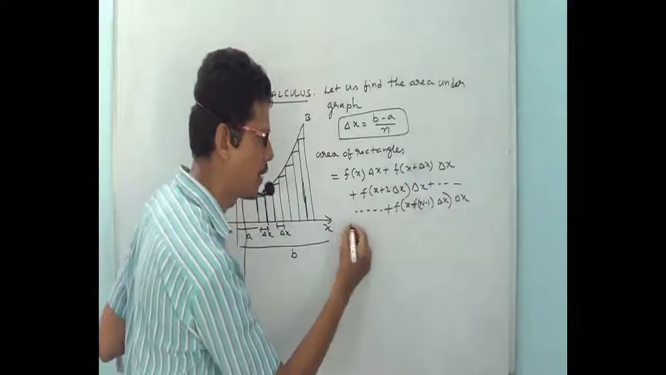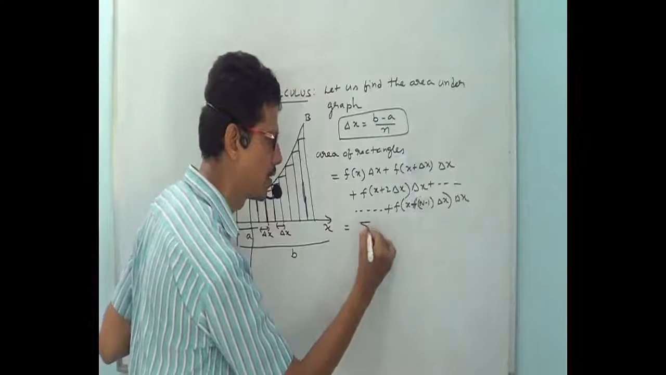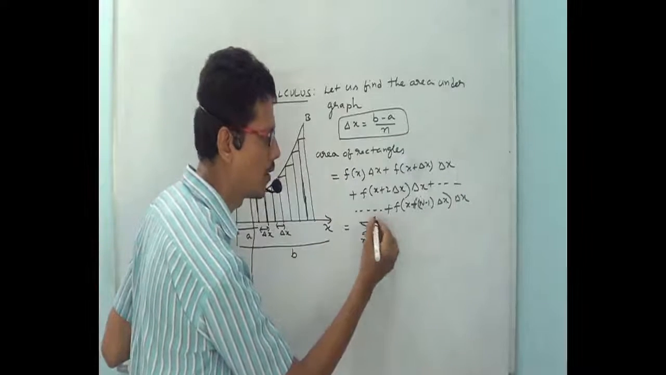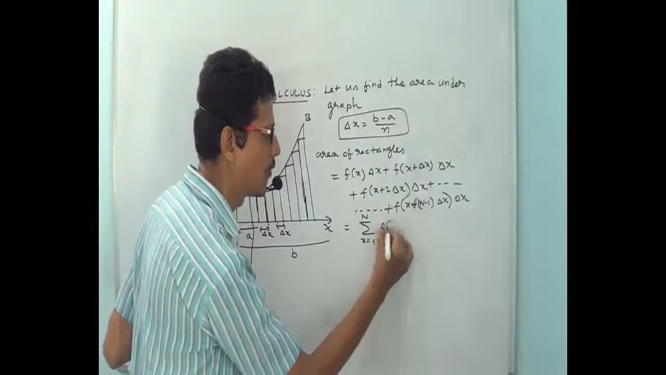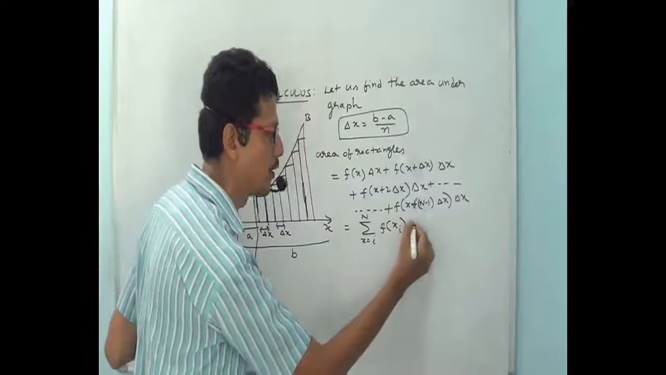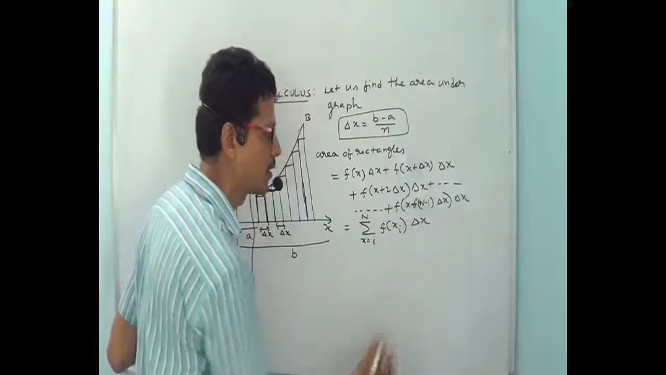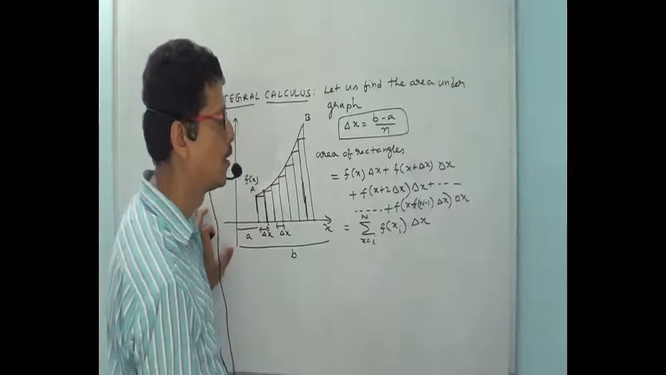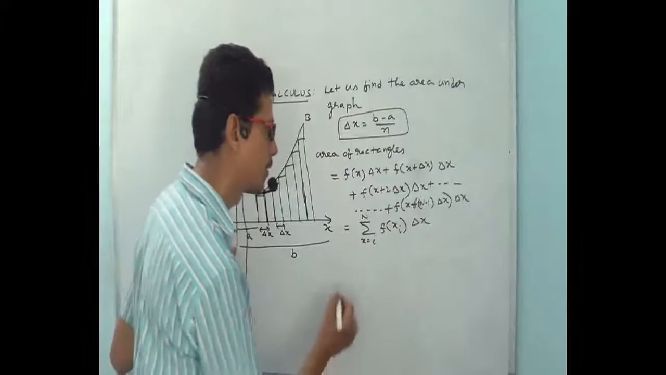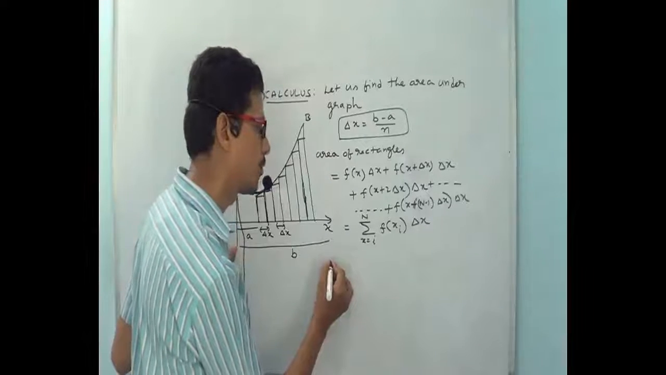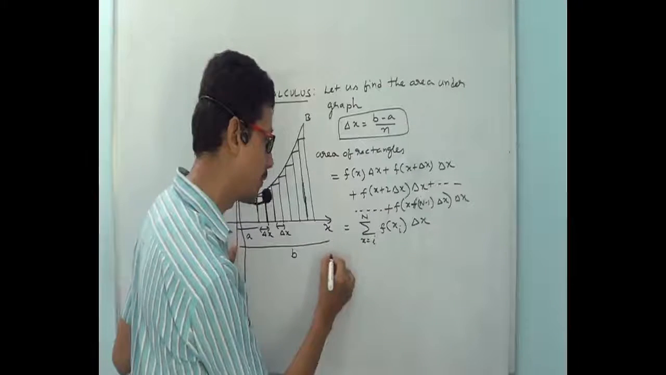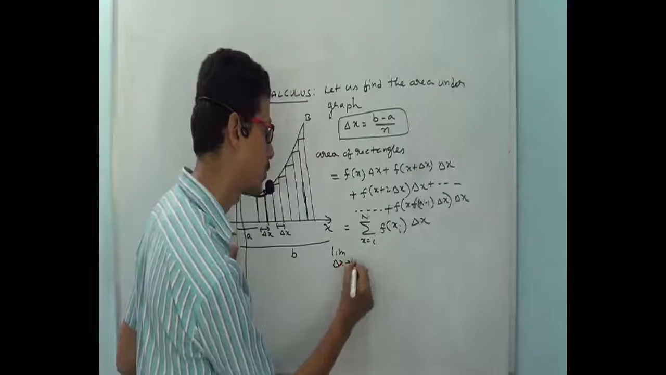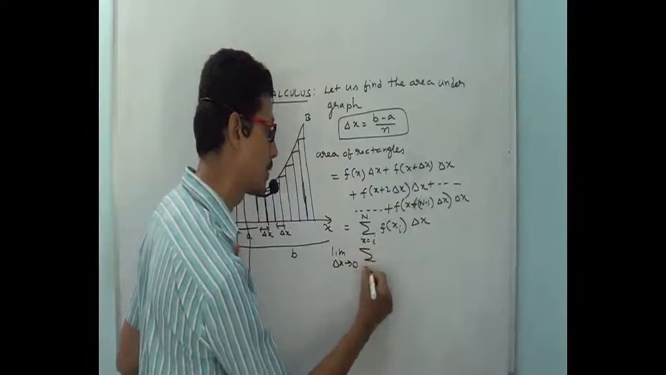And this is nothing but, I will write it in the form of summation: sigma i equal to 1 to n f of xi into delta x. And this I will write in the form of integration. If delta x is tending to 0, limit delta x tending to 0,